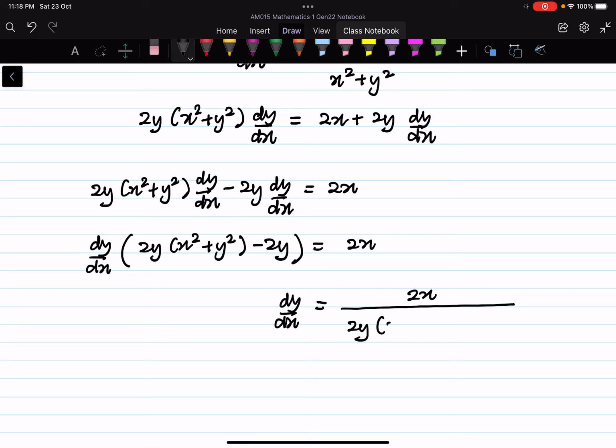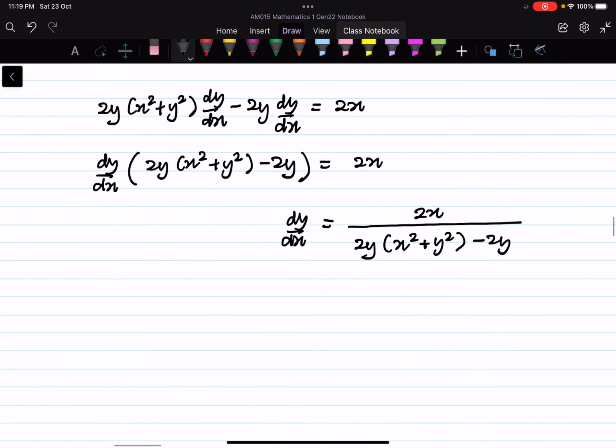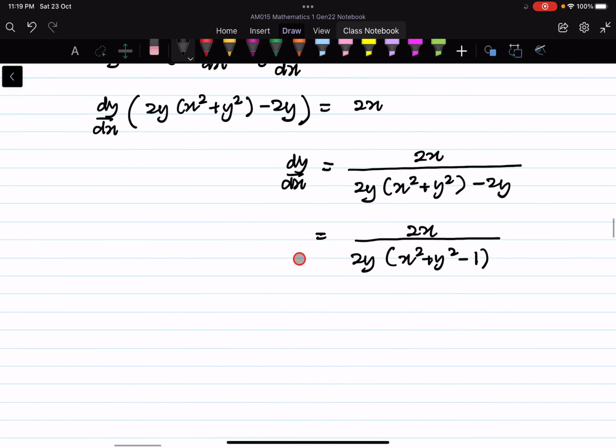2y times (x squared plus y squared) minus 2y, and I'm going to factorize some more, the 2y, so we're going to get x squared plus y squared minus 1, and if we simplify this 2, we divide this by 2, so x over y times (x squared plus y squared minus 1),